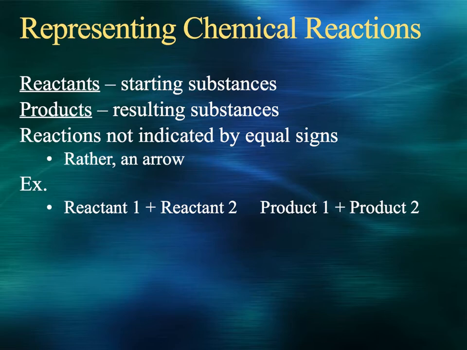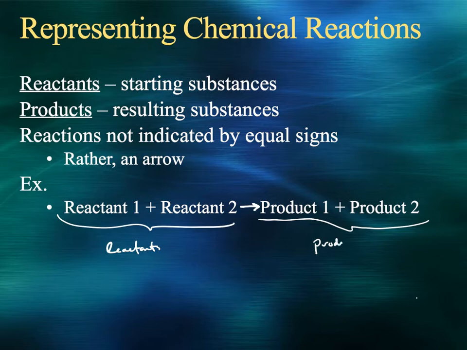Parts of a reaction. We have the reactants, which are the starting substances, and the products, which are what you end with, the resulting substances. You don't write an equal sign in between them because they're not equal. It's one thing becoming something else. You're not going to end up with what you started with. So instead of drawing an equal sign, you draw an arrow between each side of the reaction. So over here are your reactants. They're on the left. And on this side,